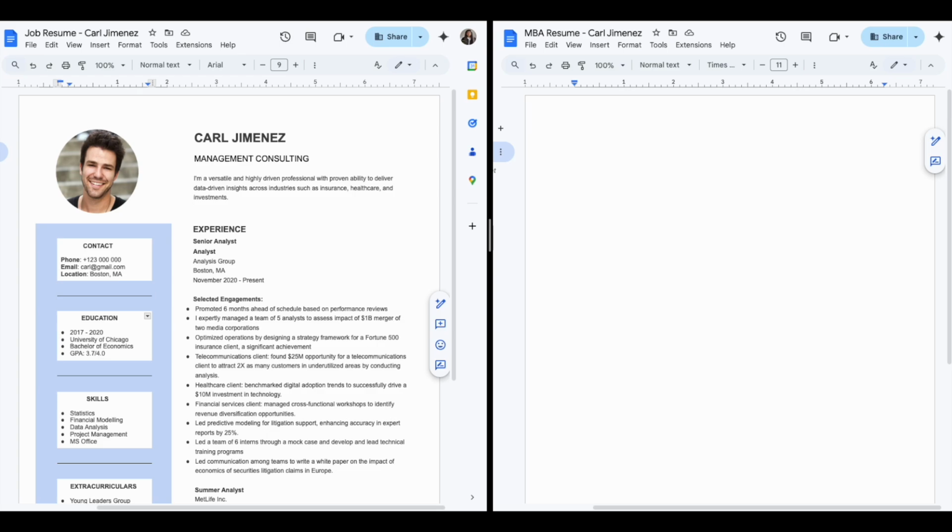Now here you can see on the left that we have a resume for a client, Carl Jimenez, who has a background in management consulting. Now let's see how we can improve his resume and build it from scratch in the MBA format on the